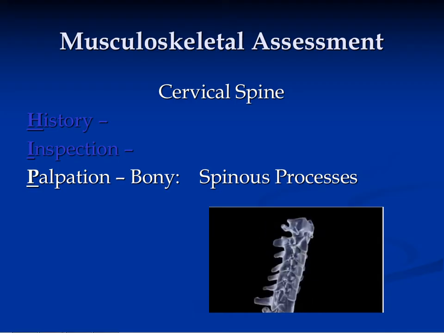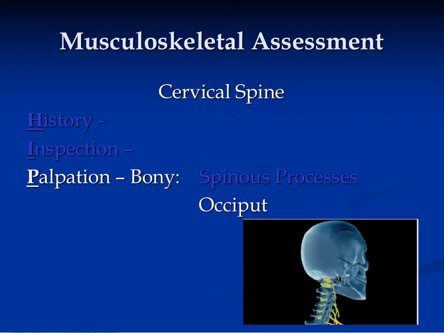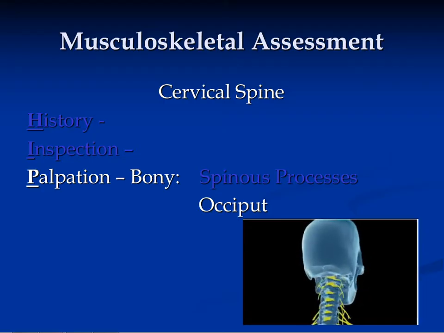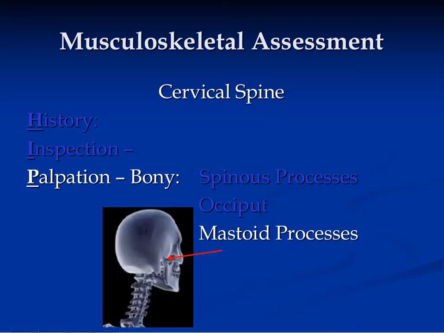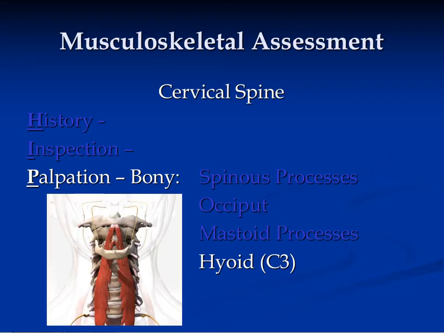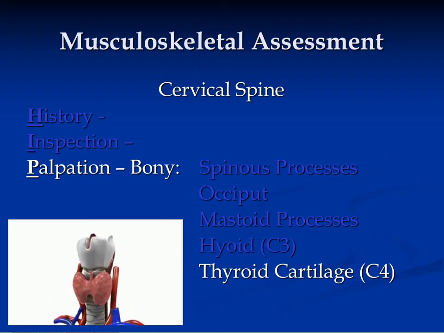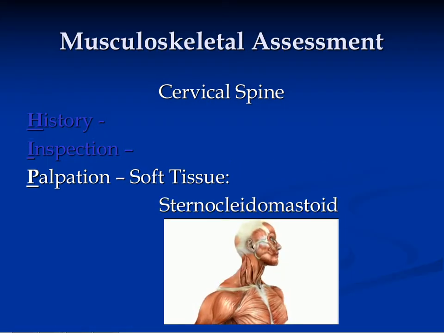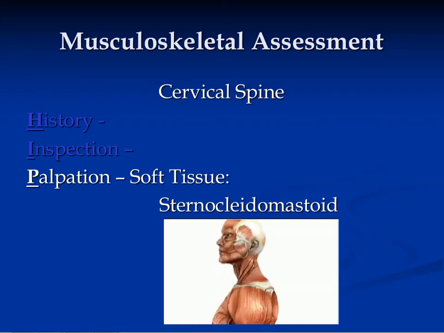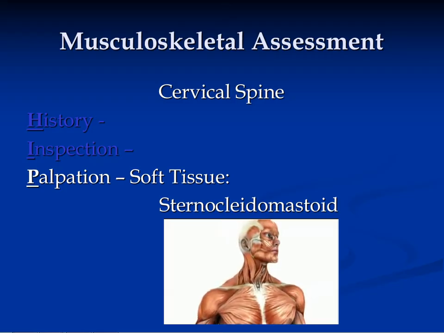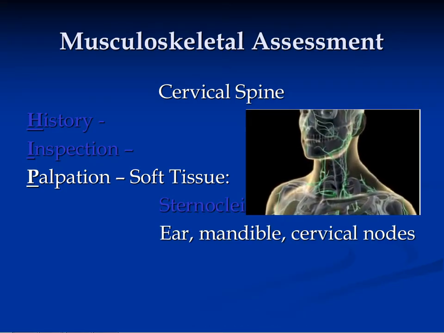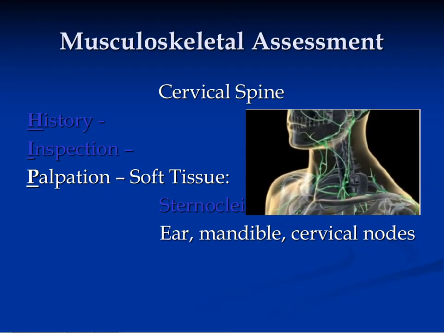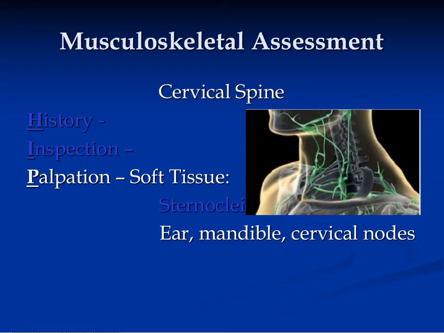Palpation is going to include the spinous processes, the occiput, the mastoid processes bilaterally, the hyoid, and the thyroid cartilage. Soft tissue palpation will include sternocleidomastoid, making certain that we palpate from the sternum to the mastoid, the ear, the mandible, and paying particular attention to cervical nodes,